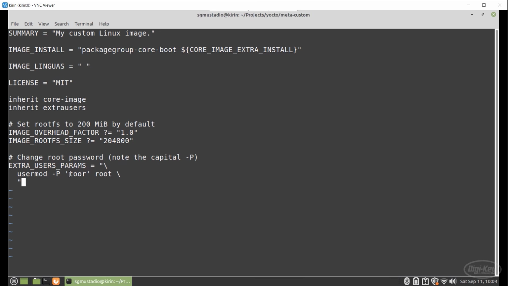It's going to change the root password to Tor, which is just root backwards. We're going to do this with usermod and the -p argument. Normally, usermod uses a lowercase p, but as I mentioned earlier, this is not an actual Linux command, this is a Yocto thing. It looks like a Linux command, but some things have been changed. For example, this lowercase p is now a capital P when we are dealing with root because it makes you realize that you are assigning a plain text password to root or the root account,